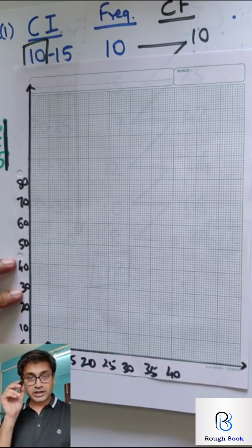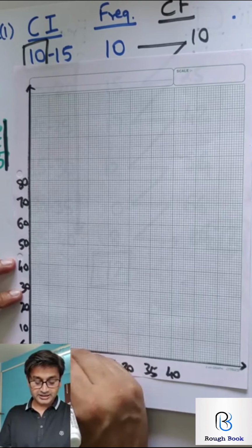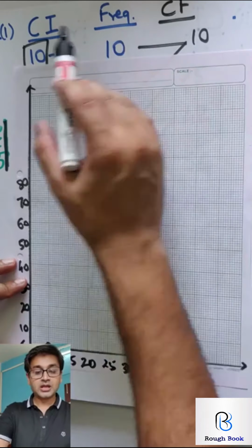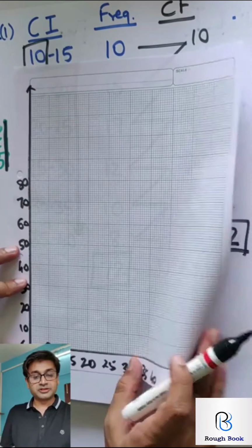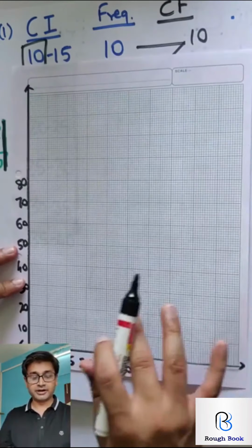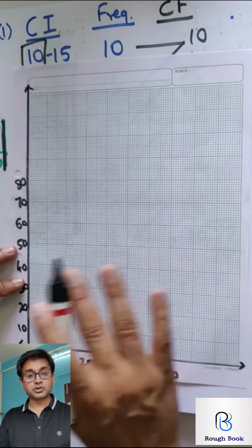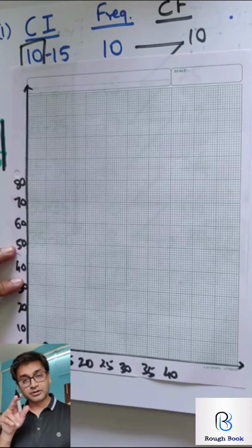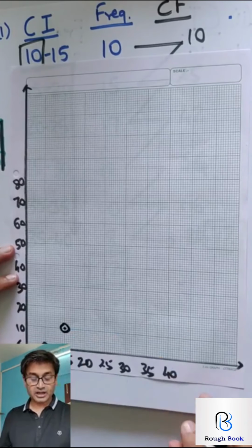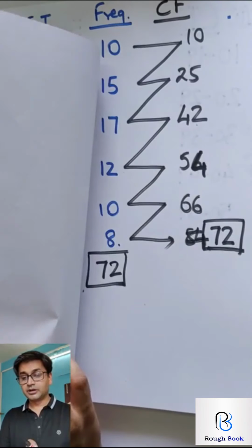You got to put a dot and a circle around it. So a dot and a circle. What is the next value now? 15 with 10. See, the first number is always going to be 0. Remember this L, reverse L technique. Never forget that. Alright? Because I have seen people plotting this wrong and in the entire sum they get a 0 straight away. So 15 for 10. So 15, 10. Plot and circle around it.